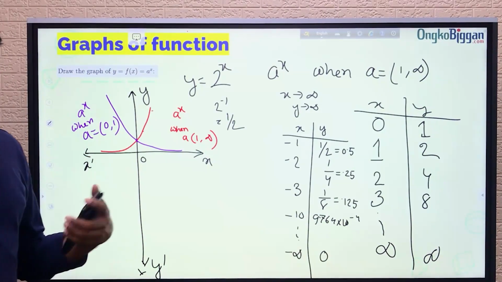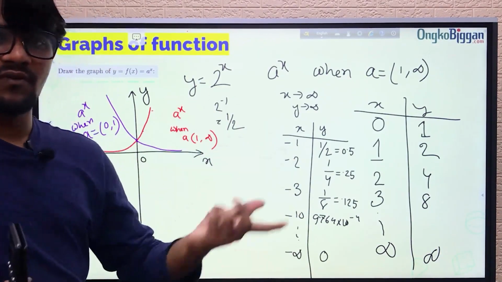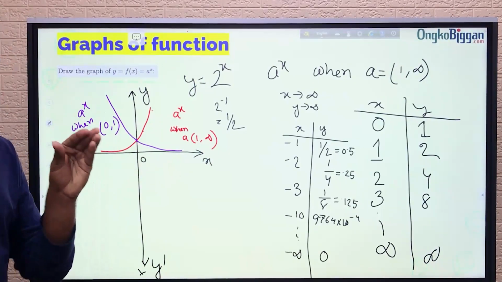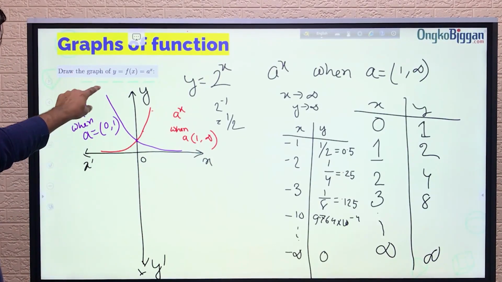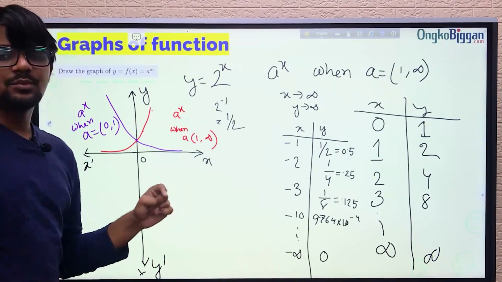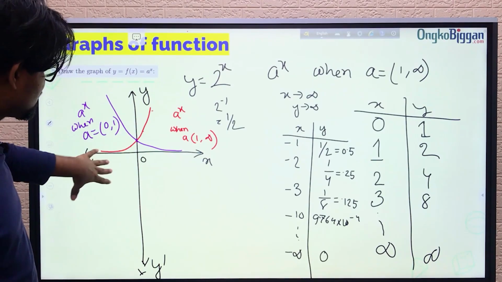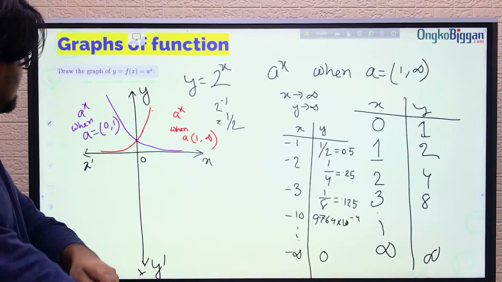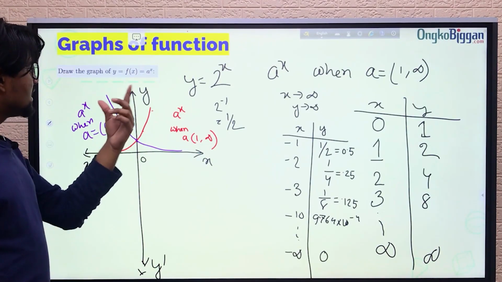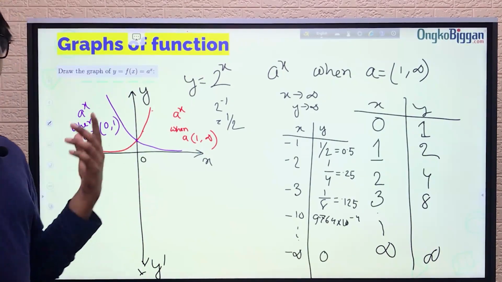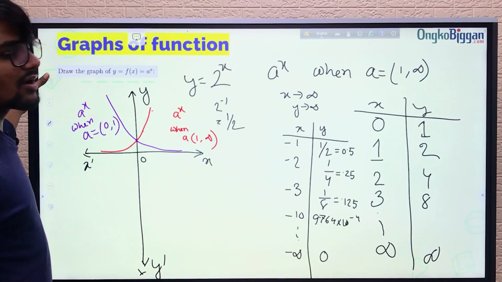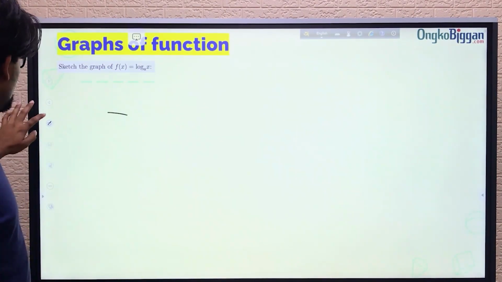Basically for any value between 0 and 1, like 0.2, 0.5, 0.125, we get this graph, and when a is between 1 and infinity, we get this graph. So with that, I have shown you the graph of a to the power of x. Now we are going to move on to drawing the graph of log of x to the base